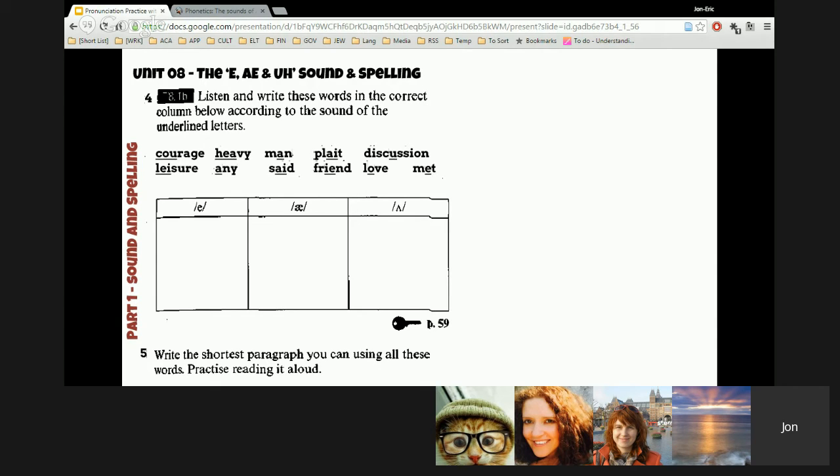Okay, that's it. And Jose, the next word. Give me a second. I have to see where I am. The next word is heavy. It is the first column. That's right. And Lena, the next word is man. It is the second column. Okay, very good. And Rebecca, the next word is